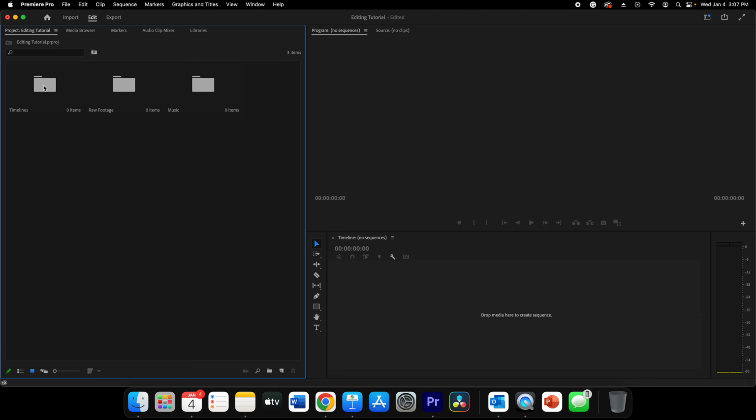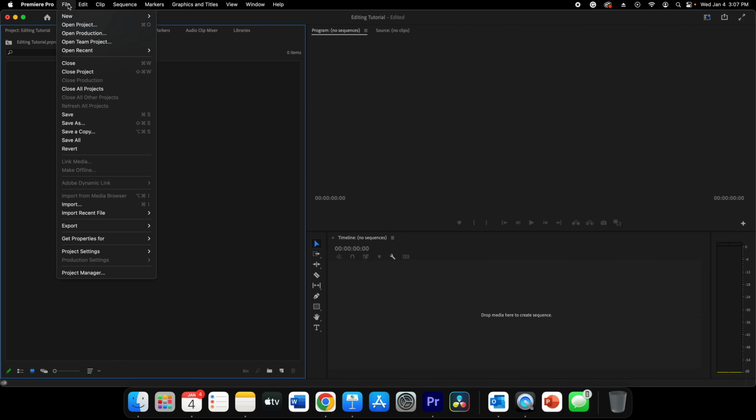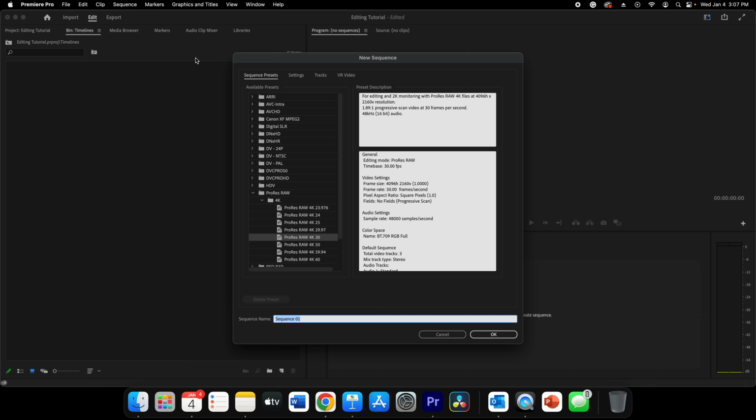Next thing I'm going to do is create a timeline or a sequence. So I went into my timeline folder, I double clicked it, and I got nothing in here. And I'm going to go back up to File, New, and I'm going to go to Sequence. And my sequence, I'm going to name it. So right down here it says sequence name. So I'm going to call this editing